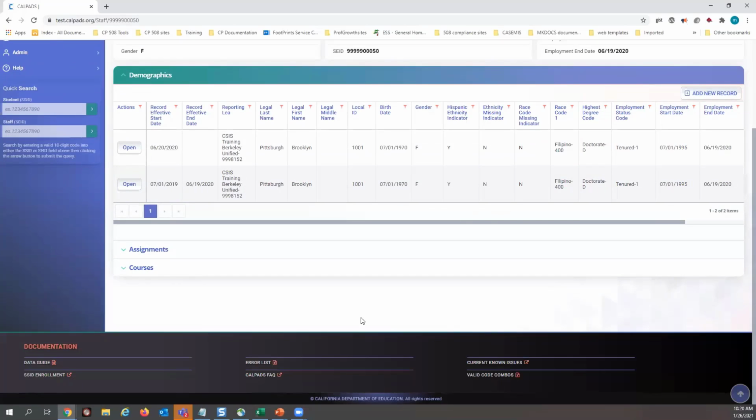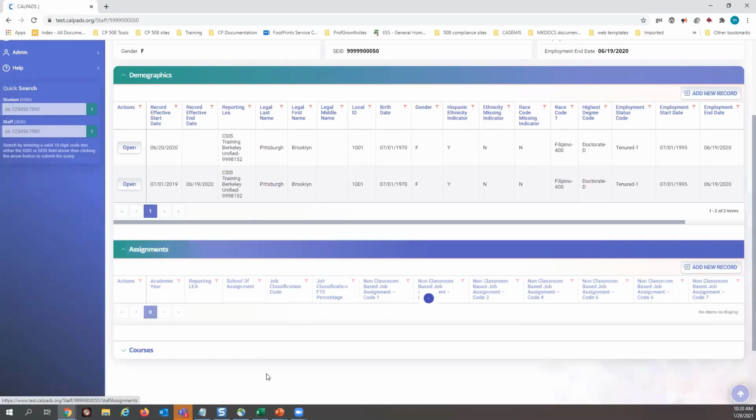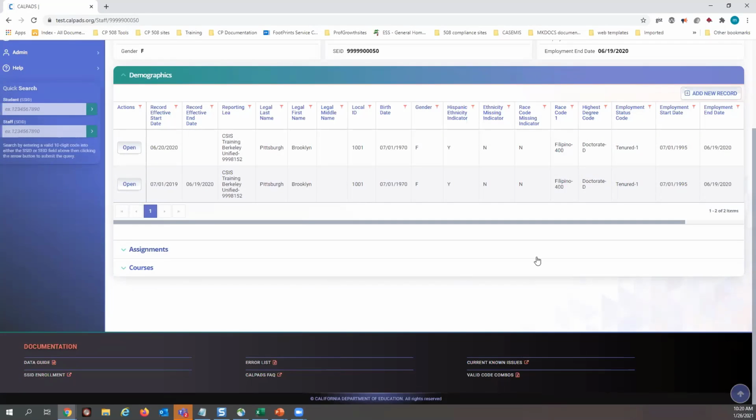So in your file, you probably submitted your file. CalPADS has it, and then you were thinking, okay, I'm fine, this is good. And so during certification, you get a Cert 84. So meaning you have a staff demographic who does not have assignments. Okay, so that means this staff member should have been reported as no longer employed. To do that, there are two things you have to always remember. You should always report your employment end date. You're telling me, okay, this is a valid record. How come I'm getting a Cert 84? It's because of this record effective end date here.